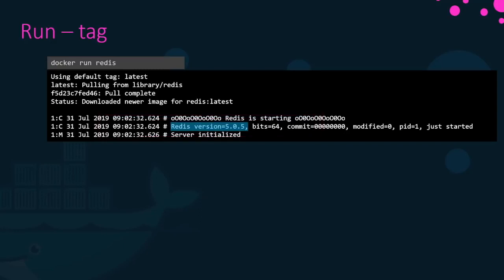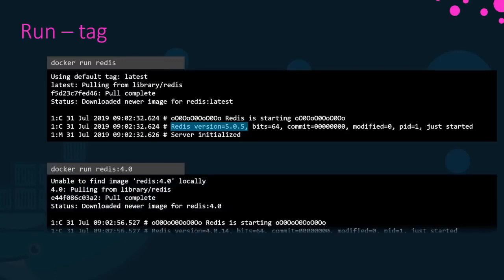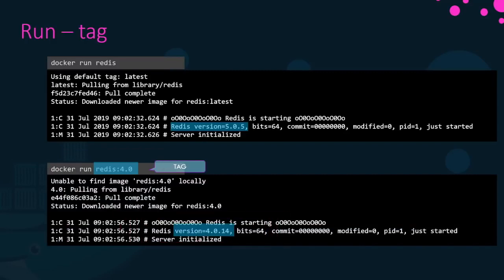But what if we want to run another version of Redis, like for example an older version, say 4.0? Then you specify the version separated by a colon. This is called a tag. In that case, Docker pulls an image of the 4.0 version of Redis and runs that. Also, notice that if you don't specify any tag as in the first command, Docker will consider the default tag to be latest. Latest is a tag associated to the latest version of that software, which is governed by the